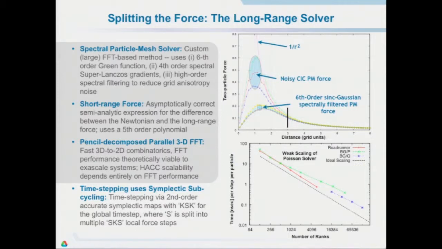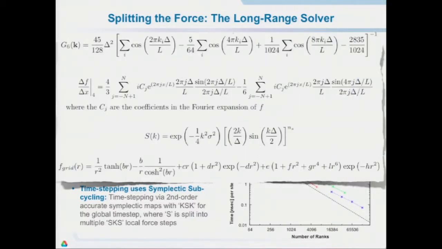The reason is that the shape of the force for the short-range solver is subtle and it's not easy to say what it is. In fact, the shape of the force is given by this bottom equation, the one with all the special functions. If you had to evaluate all those special functions, you would be very, very slow. But if you have a very small range over which you need this expression, then you can replace it by a polynomial. And if you can replace it by a low-order polynomial, you can compute that very, very fast with FMAs. So there are choices of this kind that you have to make, right?